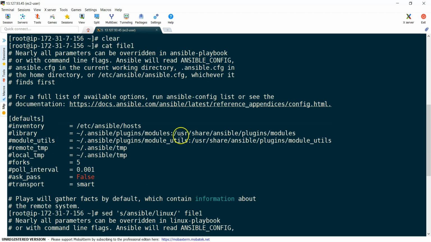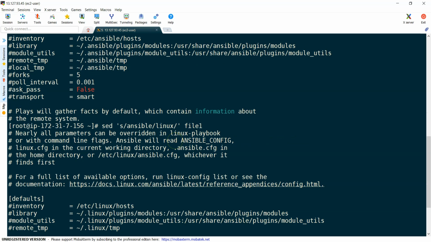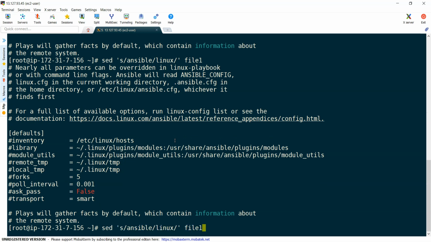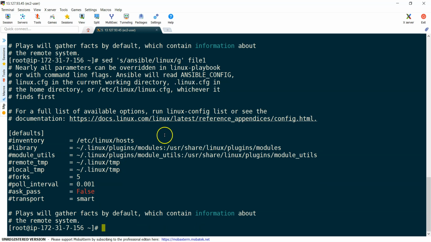Now I want to change these kind of words also. Okay, you can see here ansible.cfg, ansible.ansible.cfg. All these I want to replace. If that is the case, you just need to add the g option. Okay. So now you can see it has replaced everything. Linux and .linux. Here also Linux. Here also Linux. Everywhere it replaced because it still considers if our Ansible is part of a word.